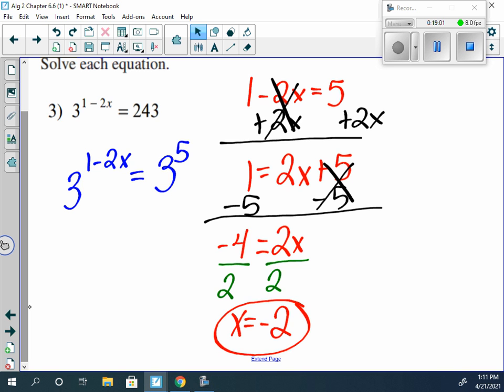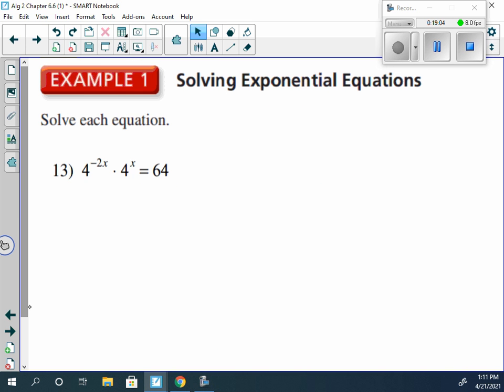We'll be ready for the next one. So this one here is combining one that we did earlier with the one we just did. Now, we have 4 to the -2x times 4 to the x equals 64. Well, since 4 to the -2x and 4 to the x both have the same base, we can do what? We can add the exponents. So -2x plus x would be what? Would be negative